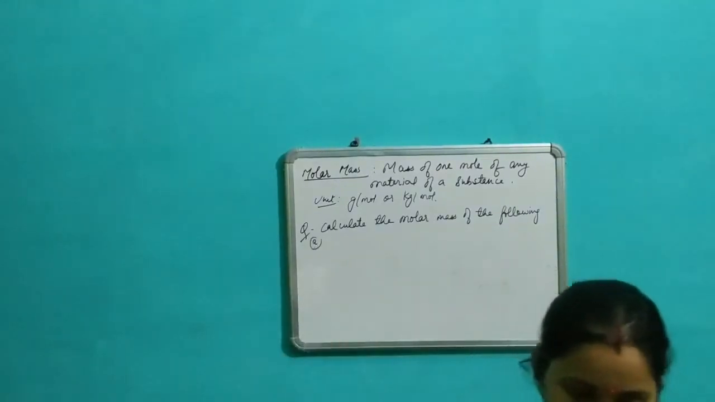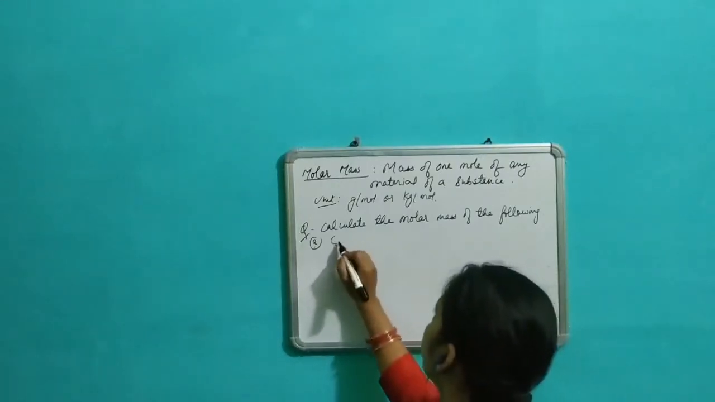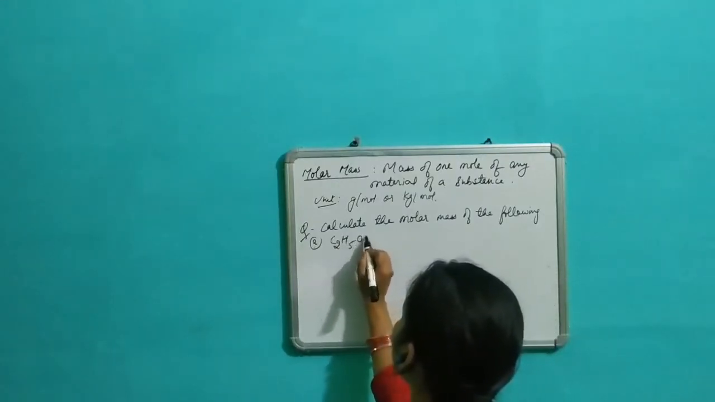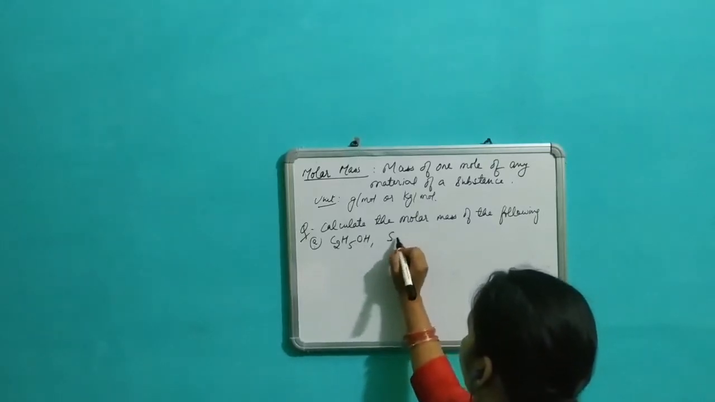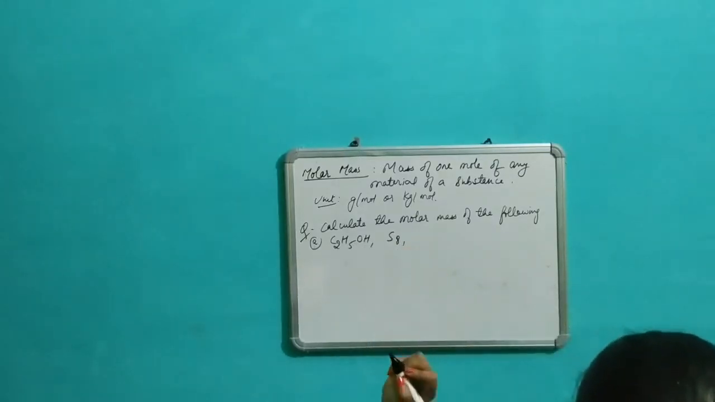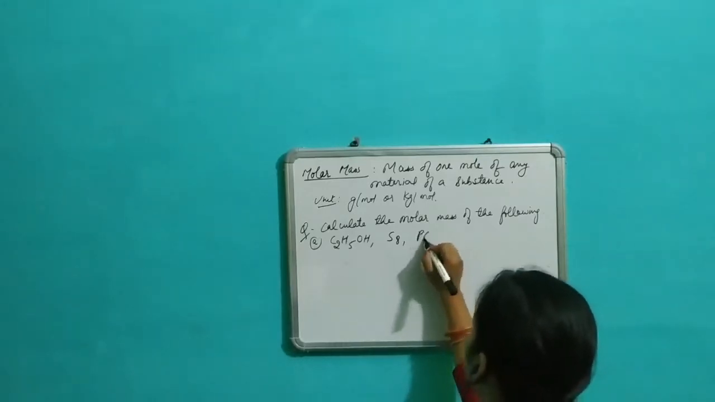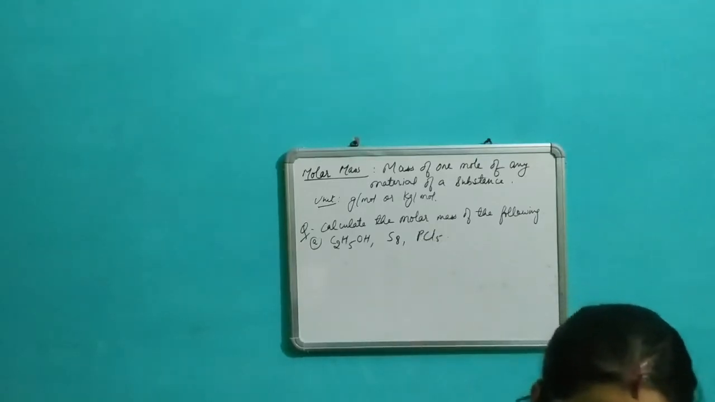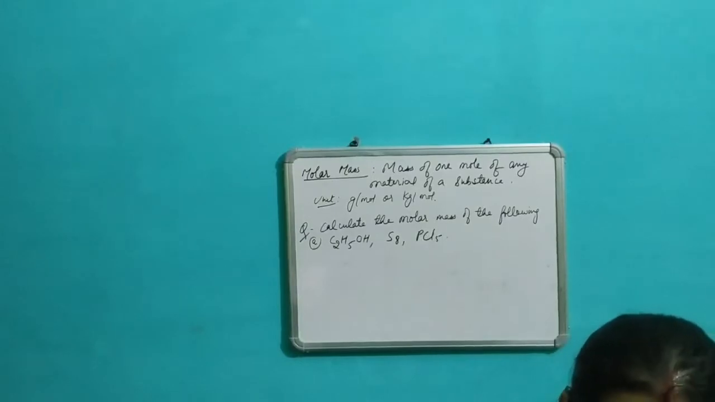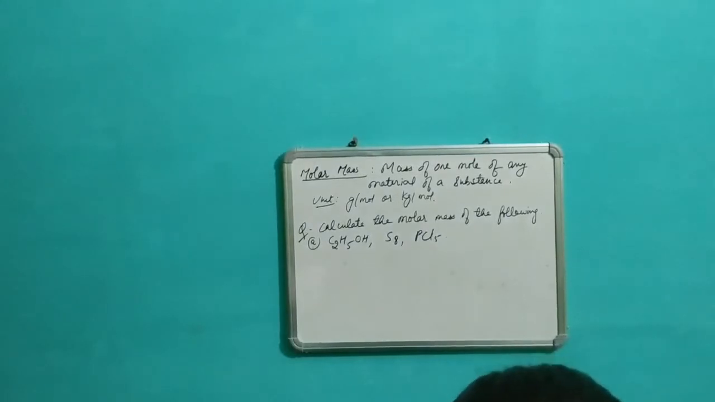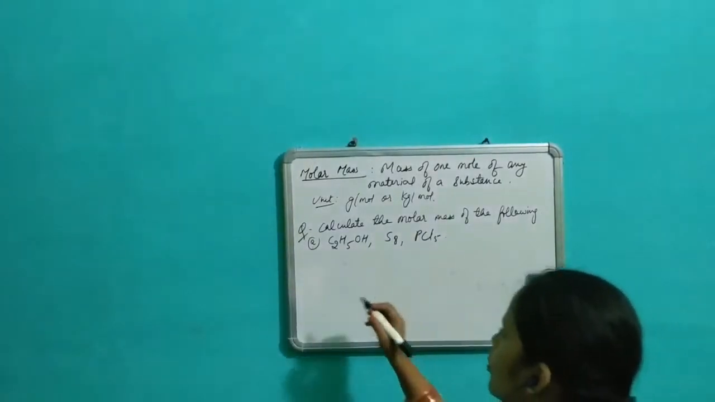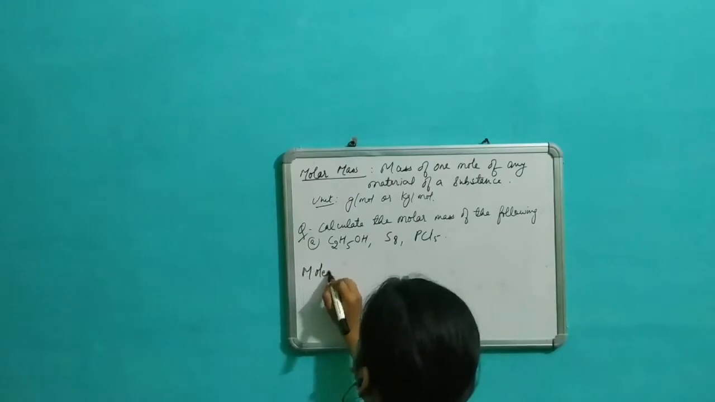First, we will find for C2H5OH. Then we will find for S8. Then we will find for PCl5. So in case I have not discussed the molecular mass with you, we will simply discuss it once. What is the molecular mass? So molecular mass